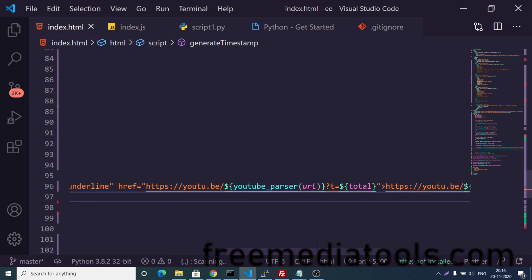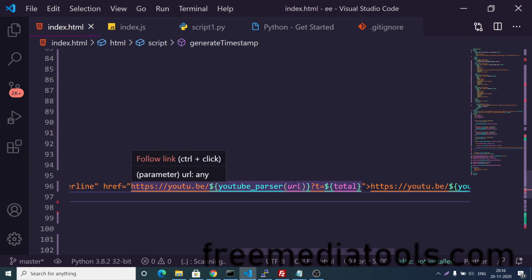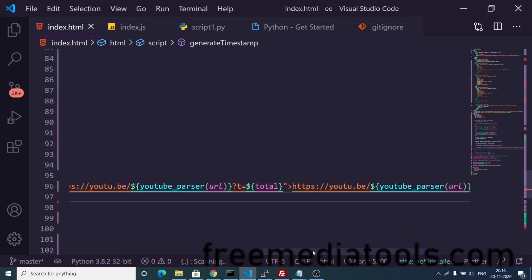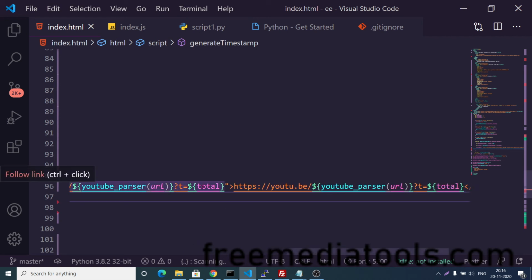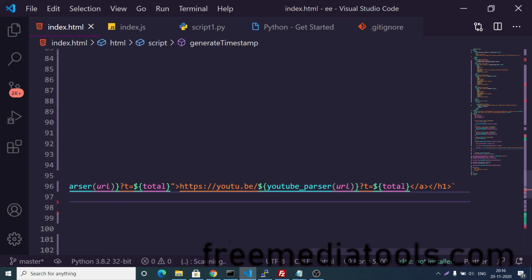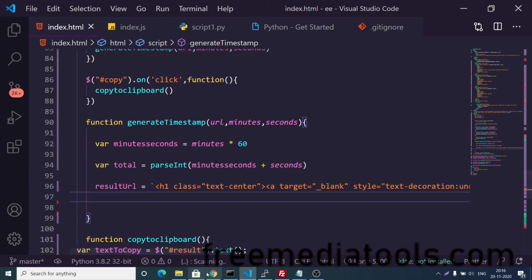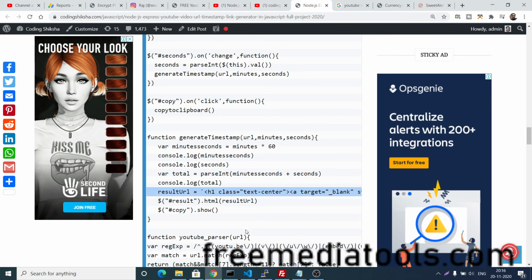And this will go to this address, https youtube.com. YouTube parser, we are calling a custom function here. We need to create this function. We will pass the URL here. This will get the ID from the URL, and then question mark t is equal to the time which is specified. That's it.